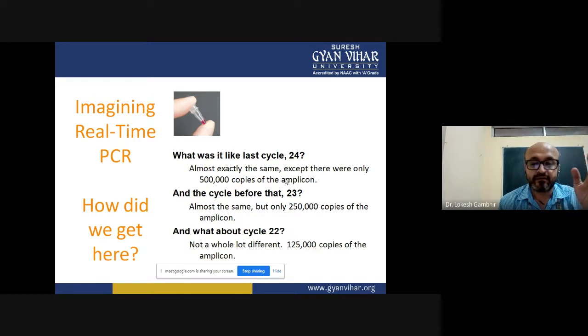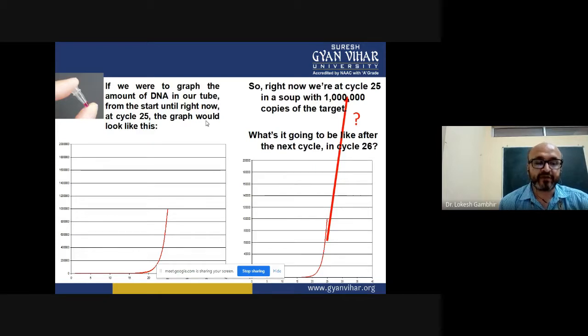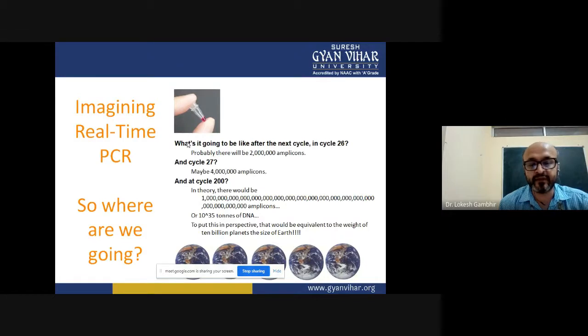And suppose at 26, what will you have? You will be doubling the amount, right? So that is how the complete PCR is going. So what is happening at 25? If my graph is going in an exponential manner, then at 26 it will go ahead, and then subsequently 27, 28, 29, it will keep on rising. From 10 lakh, I'll be going to 20, and then from 20 to 40, 40 to 80, and so on. By the end of, let's say, the 26th cycle, I have 20 lakh.